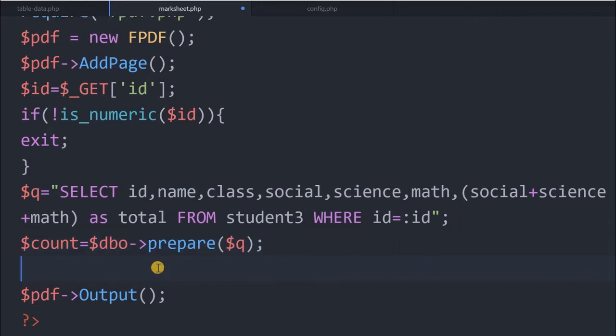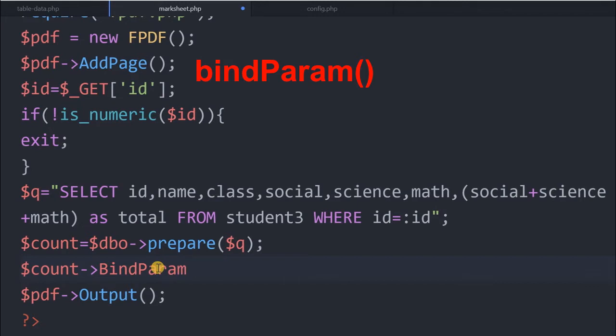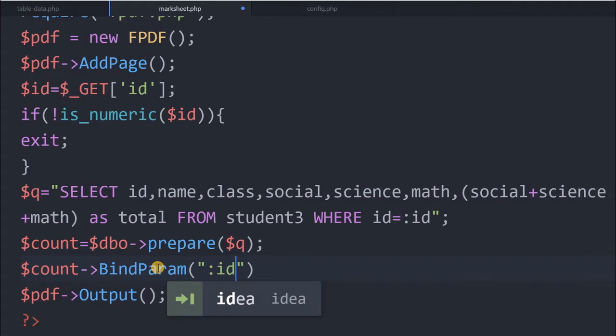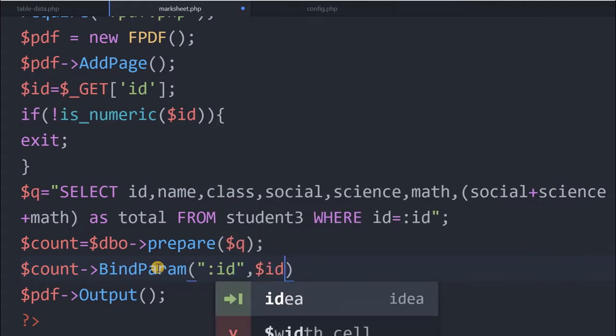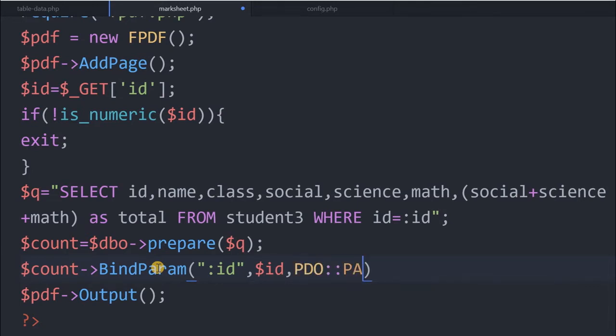Now let's bind the parameters. Count bind param. Now bind parameter will say id. This id will be taken from the variable id. Now we'll say that this is of integer type, and its length you can put 1, but there may be 10 also, a 2-digit value, so let's put 2.